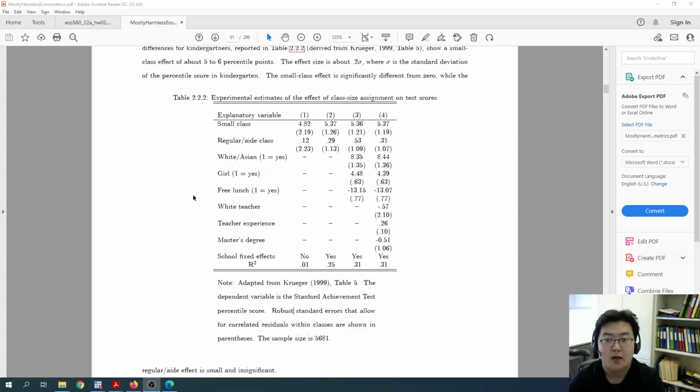Hello. In this video, we are going to replicate the second table, table 2.2.2. This table is based on linear regression analysis. And let's have a look. There are 4 columns, and each column is one regression estimation, and their difference is in the